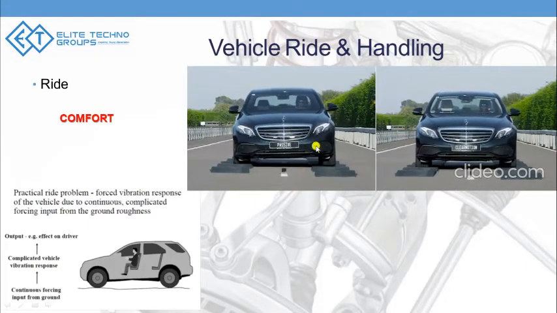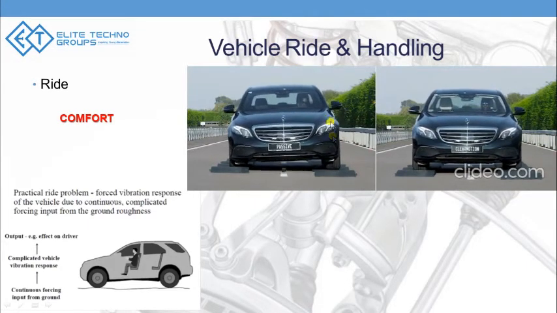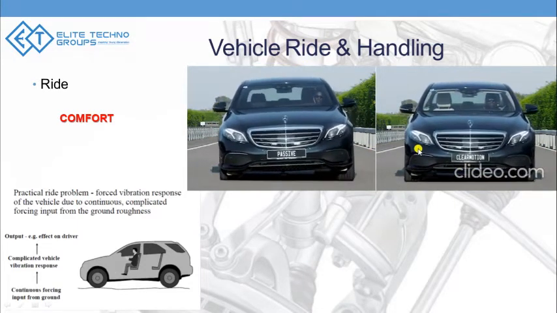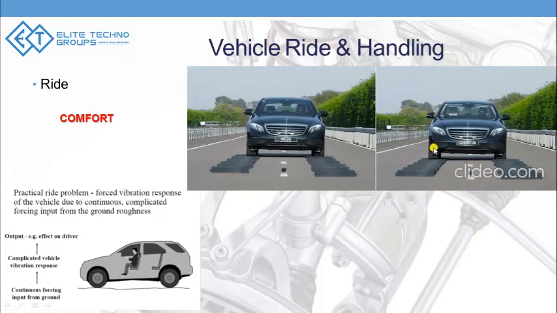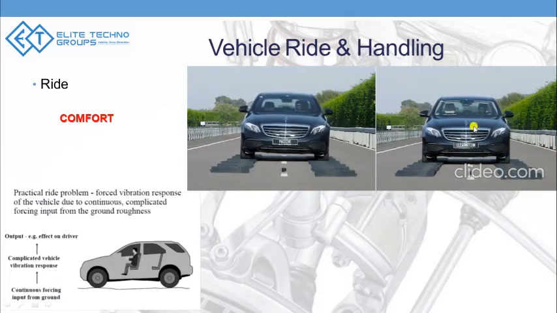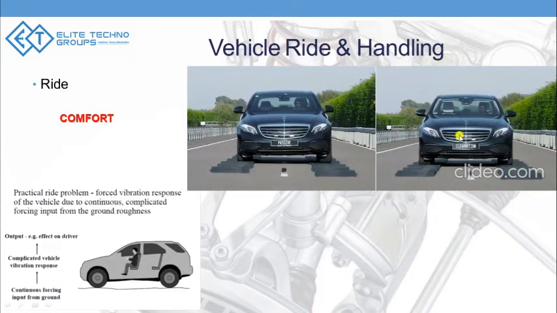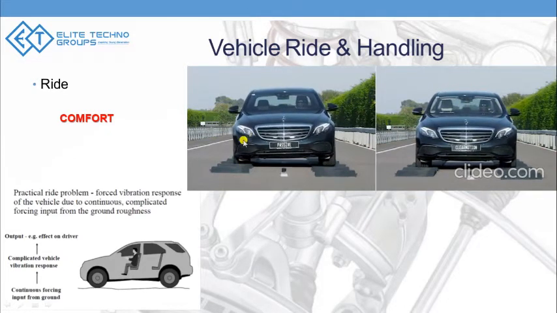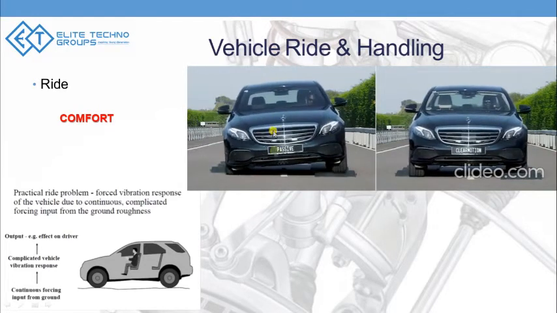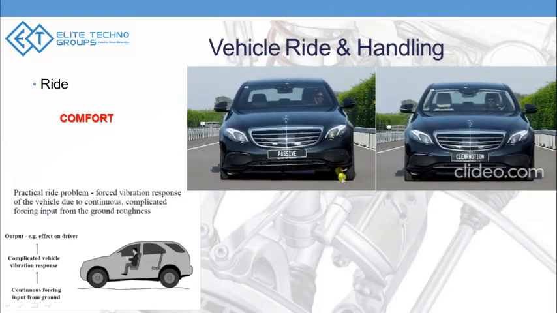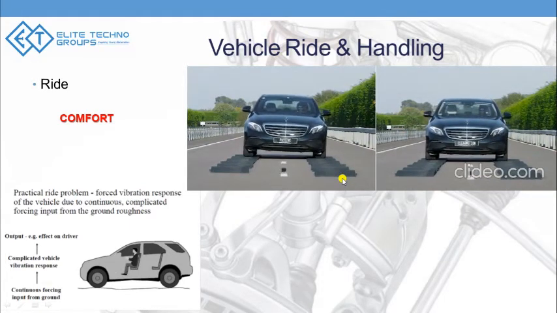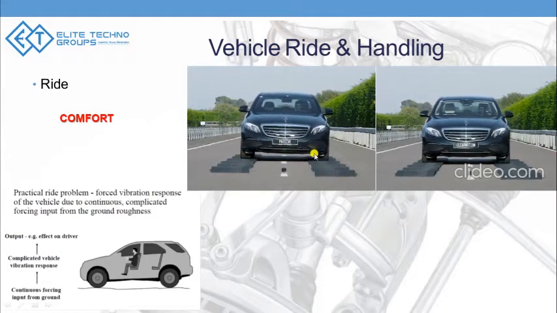This is what the ride part is, and the most optimum suspension design is in the video to the right, where the suspension system absorbs all of the irregularities without transferring any of it to the body. On the left, you can see how the driver is uncomfortable sitting inside the car and how much discomfort he is facing when the car moves on an irregular road surface, which causes the car to have a rolling motion.